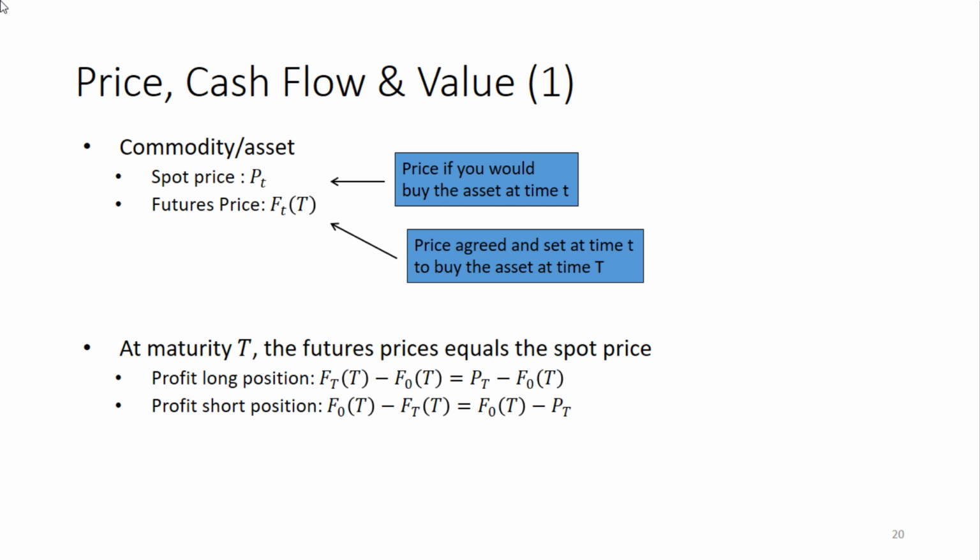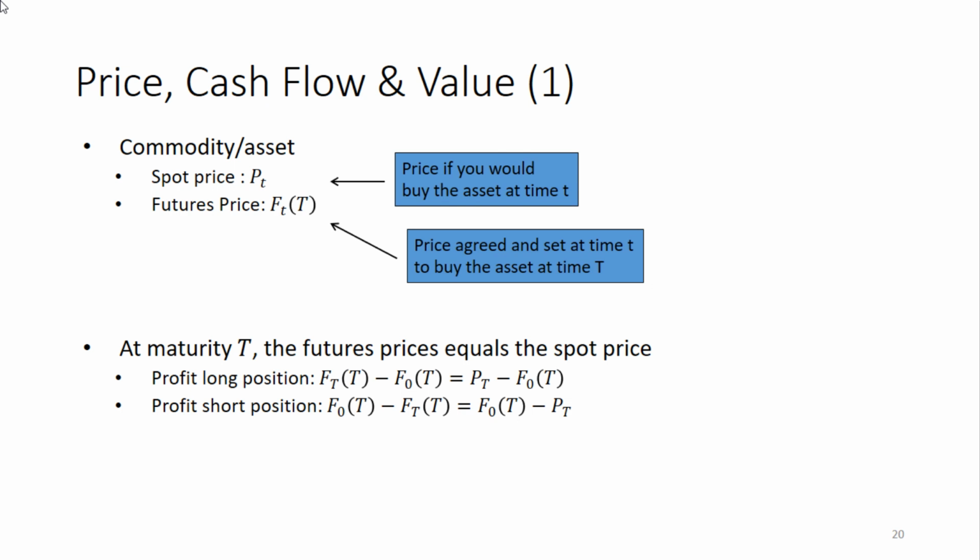In particular, the subtle difference between the price of a contract and the value of a contract is an important one that should not be confused. So I will first give you the idea and formulas, and then afterwards I will have an example, both for a forward contract and for a futures contract, with actual numbers, so that you see how the prices, the cash flows and the values develop with both a forward contract and a futures contract.